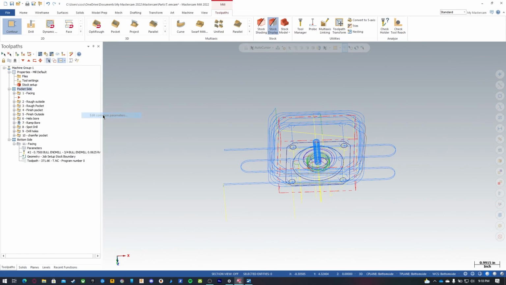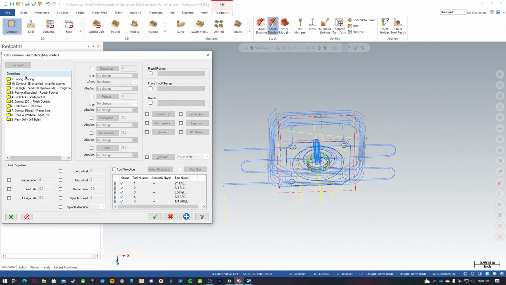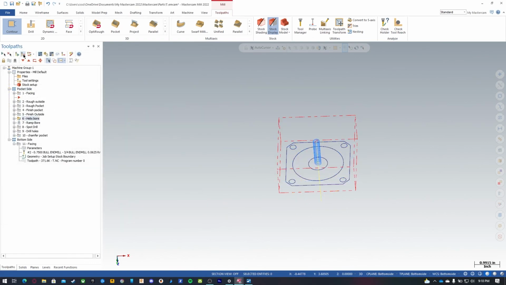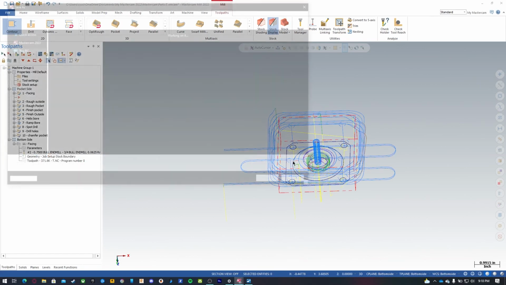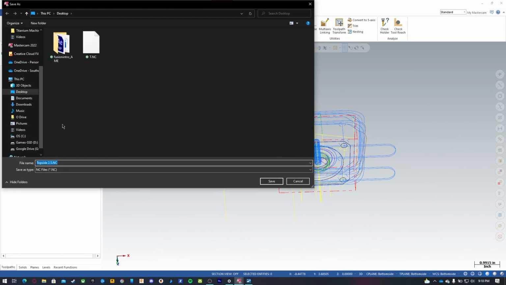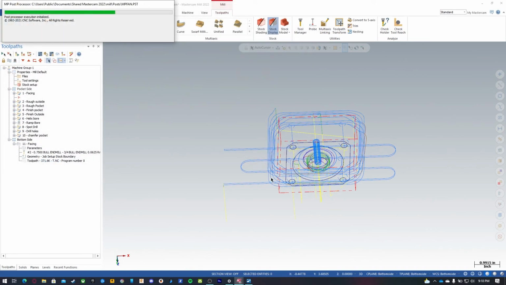And we can even go to Edit Common Parameters. Now this allows you to change your clearance height for all those tool paths, rapid retract, planes, etc. So a really handy tool. So now we need to regenerate our tool paths. And then what we'll do is repost it. So go to G1, use the defaults, and then it gives us our file name that we've specified for the program. So we'll save it,